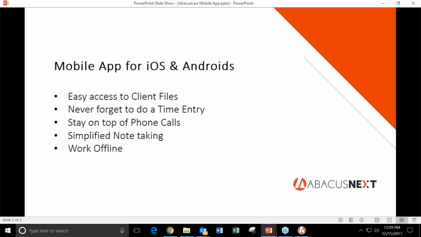So it really just simplifies all of it. You can even work offline. So when you're working offline, you obviously don't need to be connected to the internet. You can have all that set up. The minute you synchronize it back, you go back into your Abacus Law desktop, and everything will sync